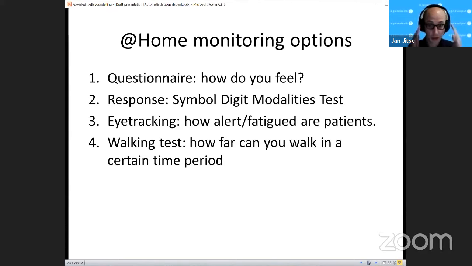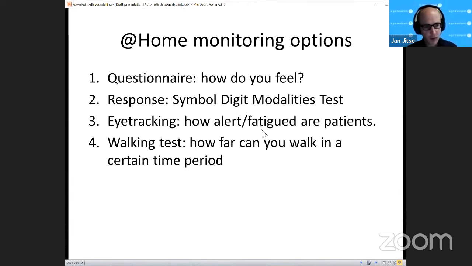For example, if you have glasses and there's a little bit of light reflecting off, you can't track the eyes. And then it becomes a burden to the patients. They have to take off their glasses, look around. So, yeah, it's a lot of things.